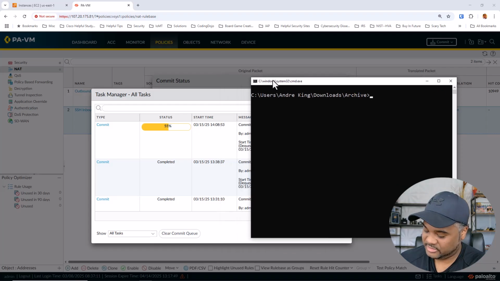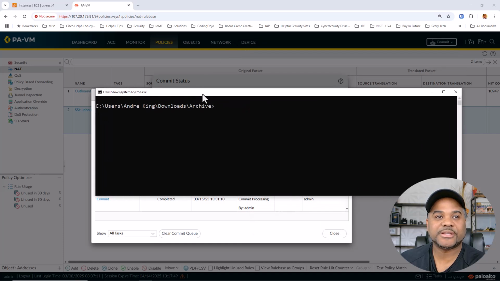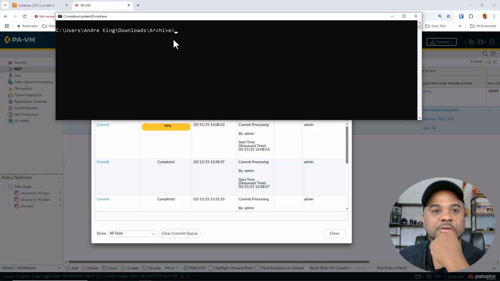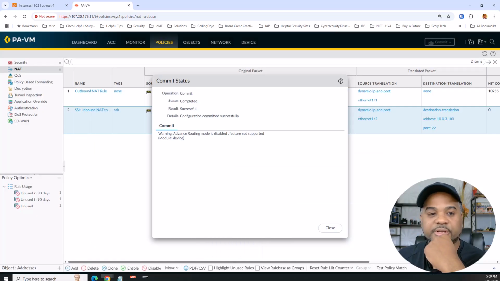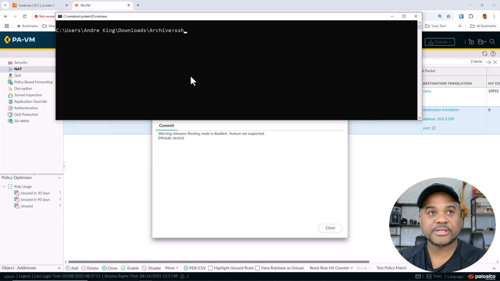Again, we got SSH key1.pem. And so we're basically in that directory that contains that. We're getting ready to test that coming in. Once this rule hits, all right, so we see a hit count of 0 there, so that rule is set and ready to go. So let's just, we'll SSH and we'll use SSH